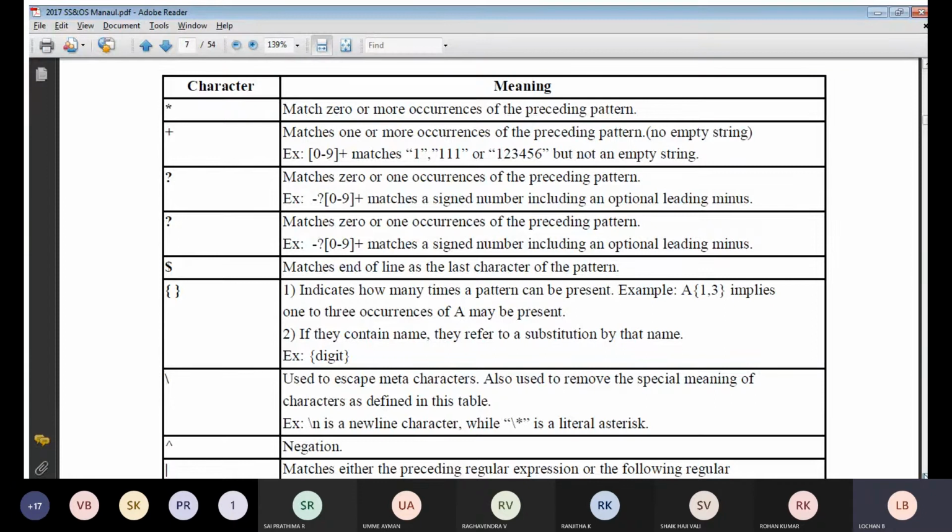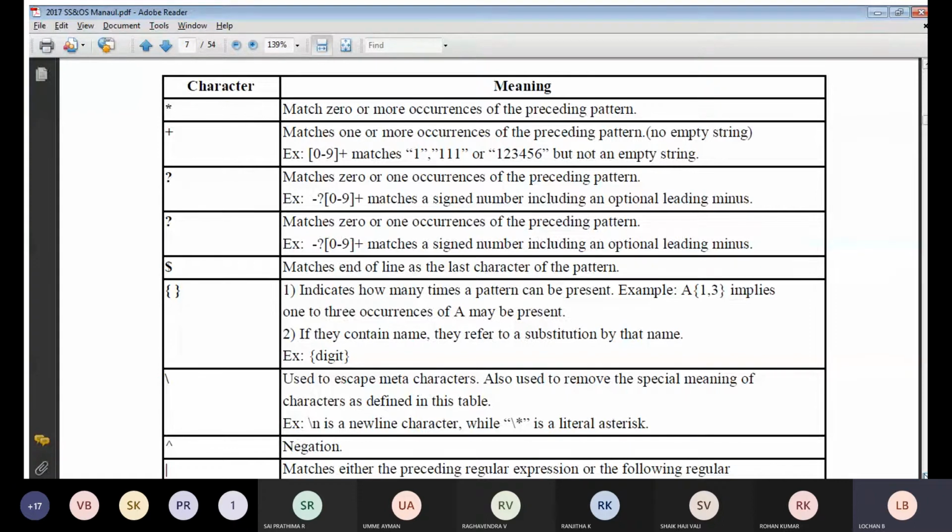See, this is all theory part only. They will be asking it in your examination. There are no problems, nothing like that you are going to get. Only the theory they will be asking. That means you will be using the symbol, or you may use the characters, whatever it may be. So you should know, for each symbol, what explanation you need to write.